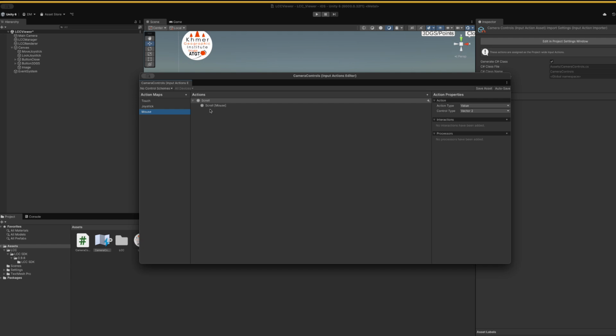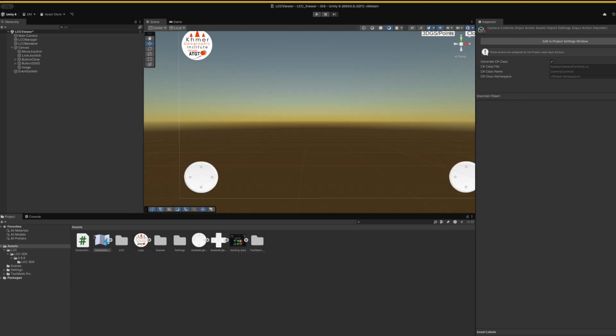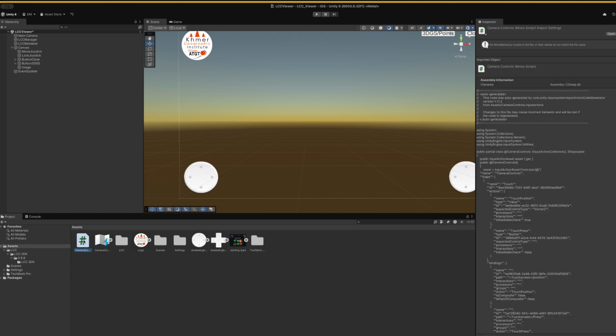I could also add all the displacement keys like W, A, S, and so on, but as I'm using the joystick, I don't need them. Don't forget to save when you make any change. Then you have to create the script classes of your buttons and assets. This is done automatically thanks to Unity. We can just double click on it, and this will open